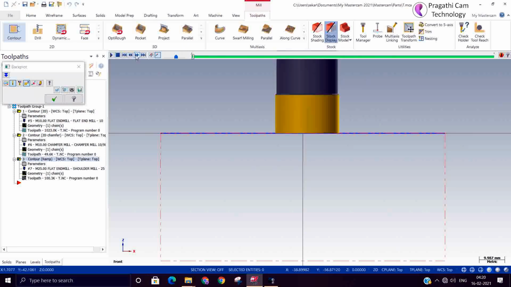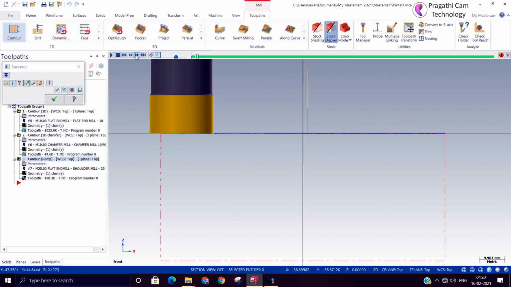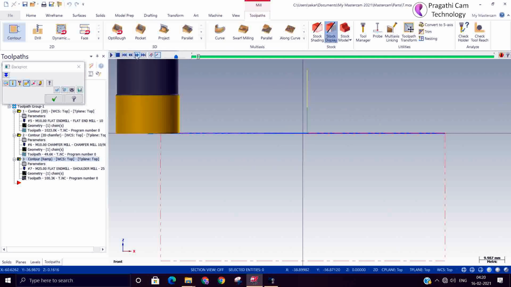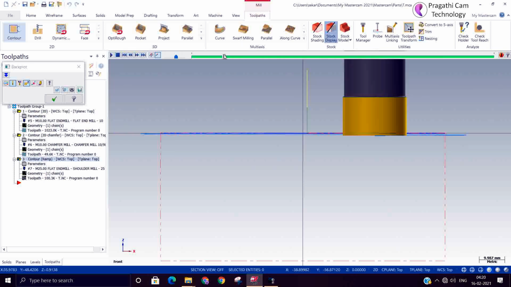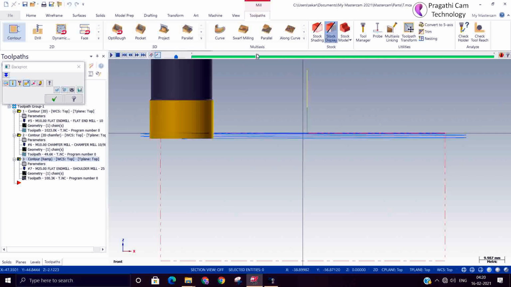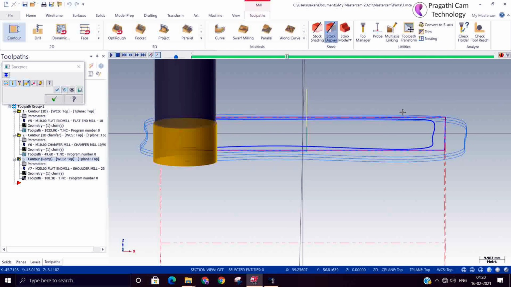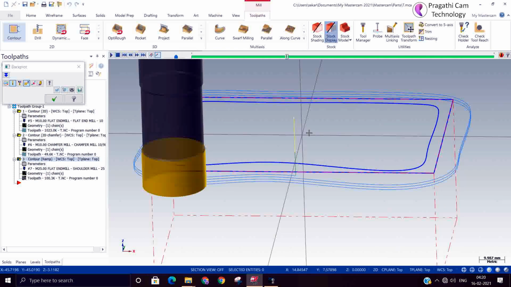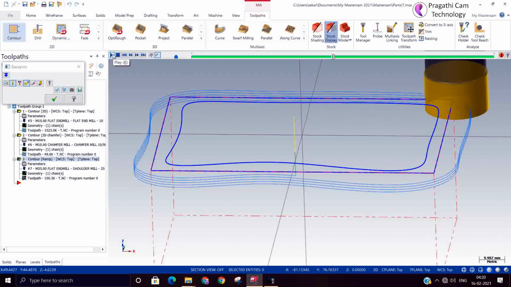We'll make step forward. So now the tool has entered. Now you can see it is continuously changing its depth.